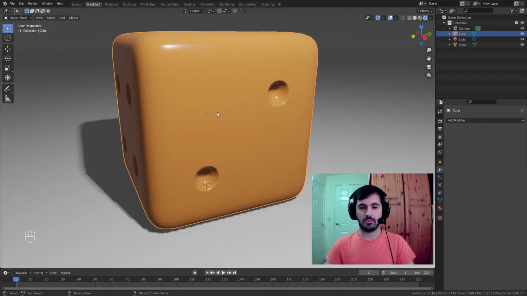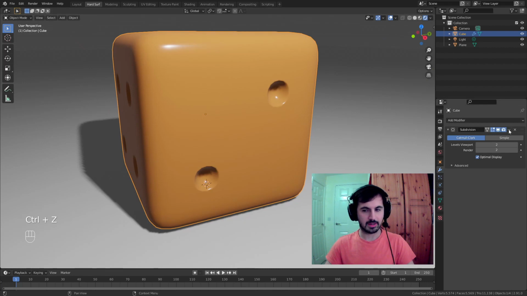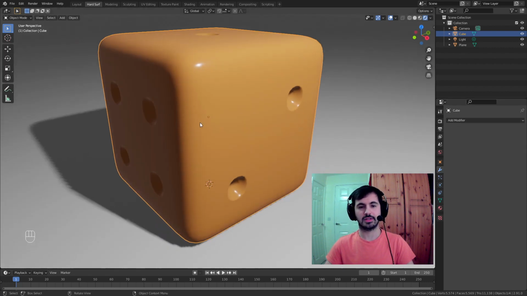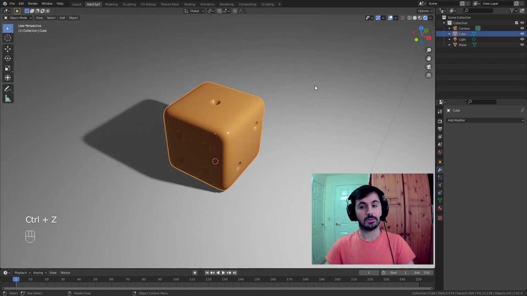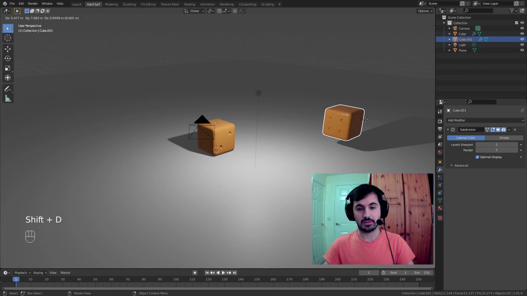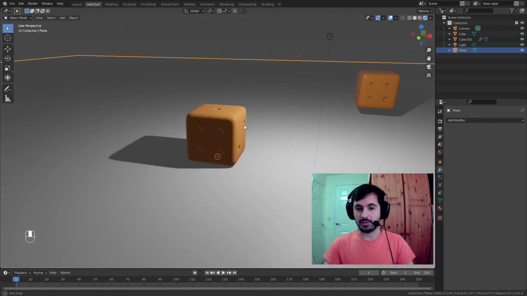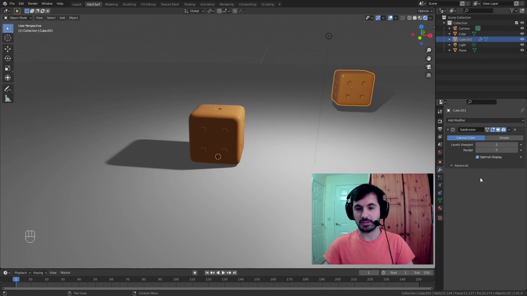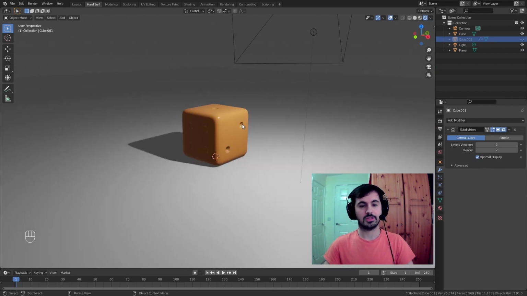kind of workflow. So once you've applied that, you can't just, I mean, you can Control Z right now and go back, but later on, you're not going to be able to Control Z to that point where you can undo it. So you've got to be fairly sure. Or what some people do actually, some people might just duplicate this, move it over to the side, and then apply to this one. And this one still has the subdivision surface untouched, so you can just hide that. And then if you needed to go back, you've got a backup, so you don't have to worry too much